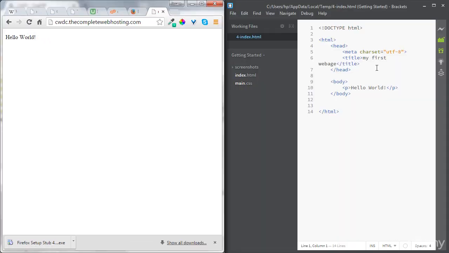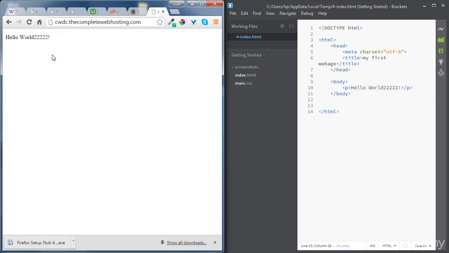Okay, so if you make any change now in the file and save, doing Control S,